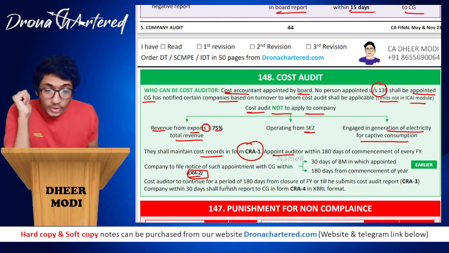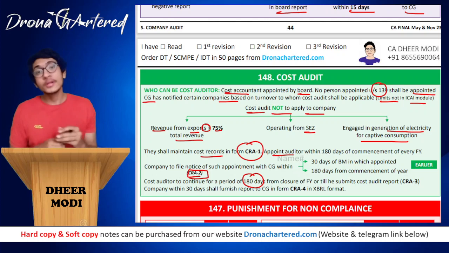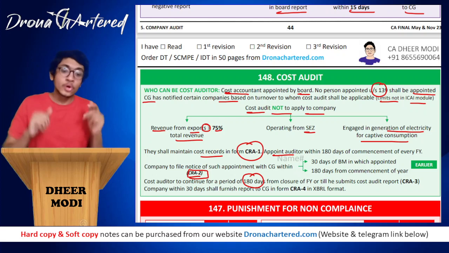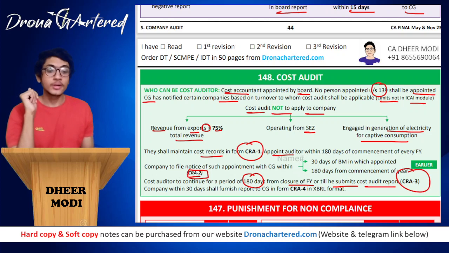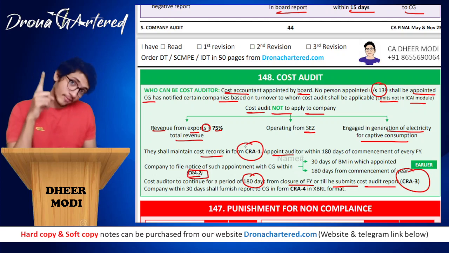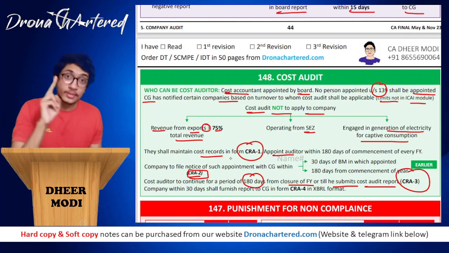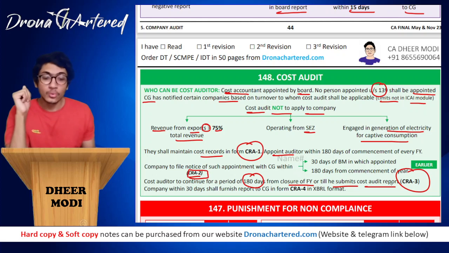Okay. Cost auditor to continue for a period of 180 days from closure of financial year, because from closure of the financial year, your new auditor has not been appointed, correct? So for 180 days, the position will not be empty. So therefore, cost auditor to continue for a period of 180 days from closure of financial year or till he submits the cost audit report under CRA 3. So what we did: CRA 1 was where they have to maintain cost records. CRA 2 is when you tell CG that boss, I have appointed a cost auditor. Then your CRA 3 is in which the auditor submits the